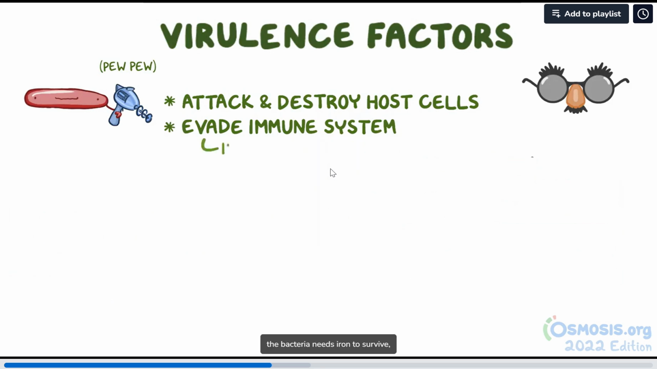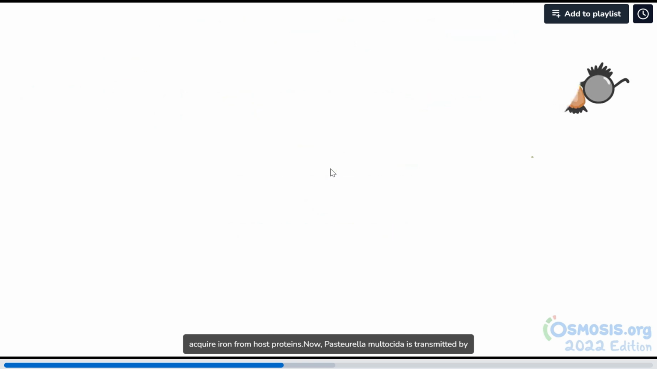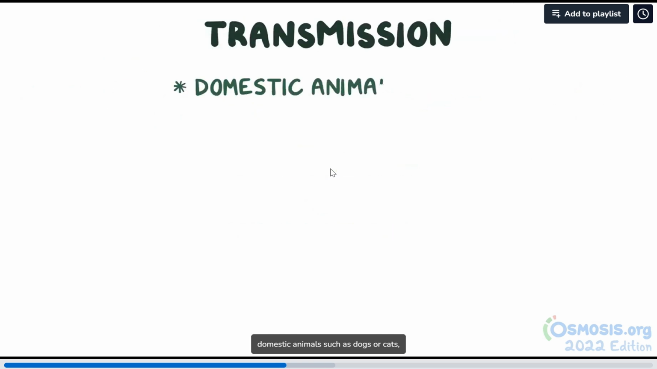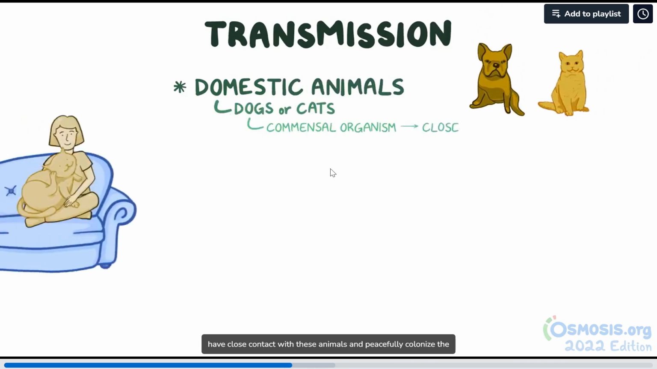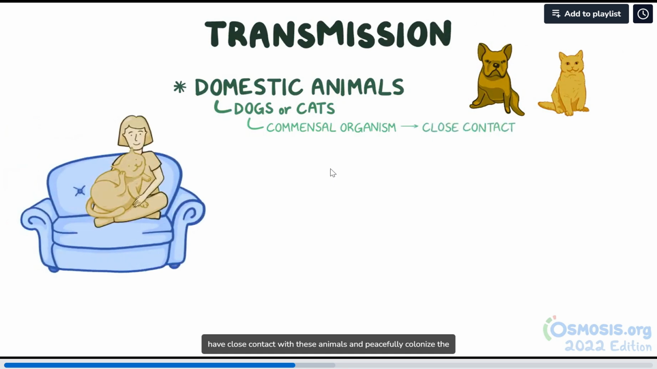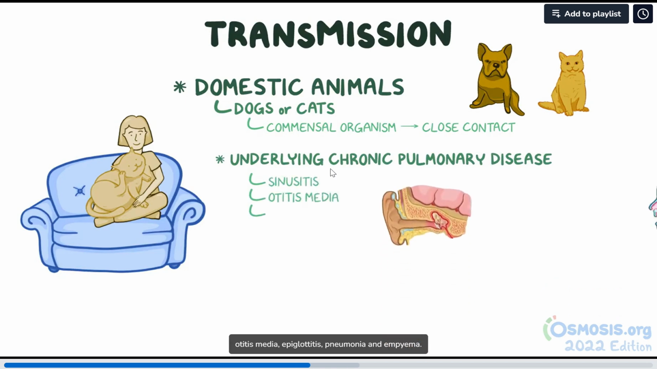Finally, the bacteria needs iron to survive, so it has iron acquisition proteins which are able to acquire iron from host proteins. Now, Pasteurella multocida is transmitted by domestic animals like dogs or cats, so it can be a commensal organism in people who have close contact with these animals and peacefully colonize the respiratory tract. However, in people with underlying chronic pulmonary disease, it can cause respiratory infections like sinusitis, otitis media, epiglottitis, pneumonia, and